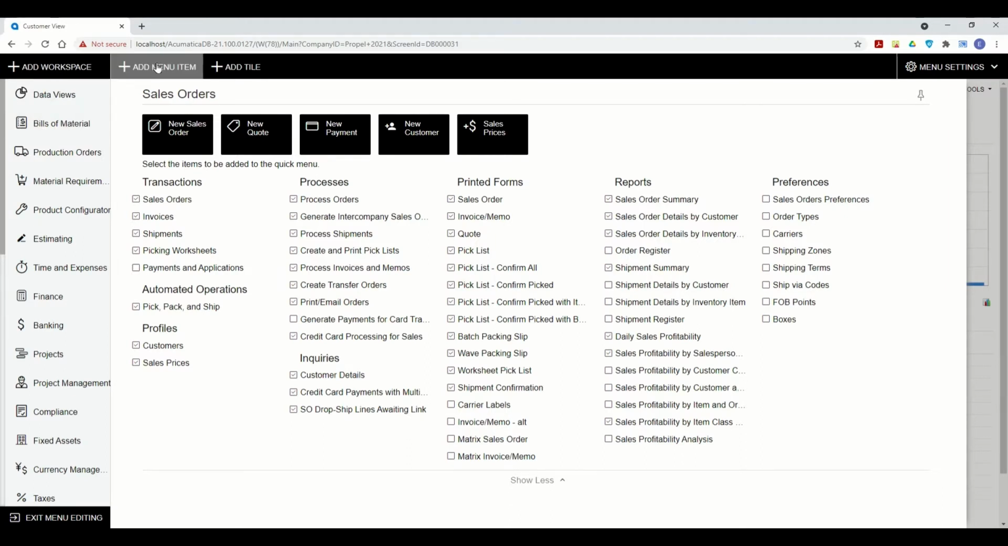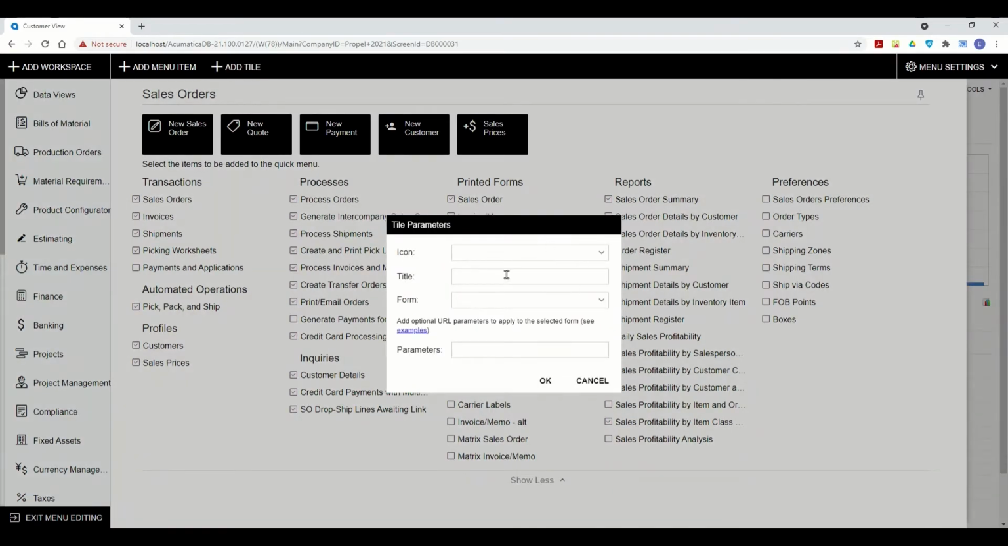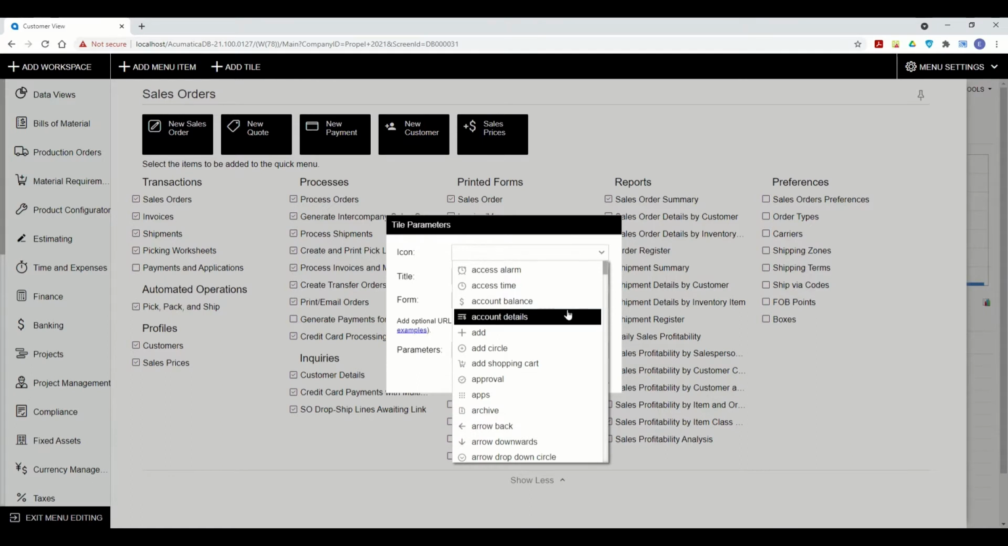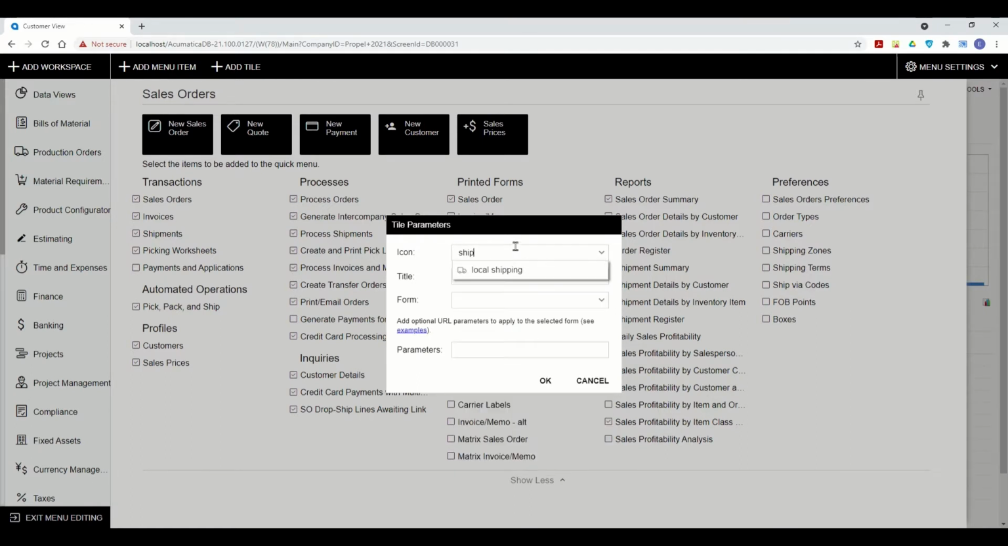You can also create new menu items, which are these forms and screens. Or in this particular case, we want to create a new tile by clicking Add Tile. So in the icon, these are the out-of-box options available, just different icons. I'm gonna go ahead and search for something that matches shipping. There you go. And give your menu tile a title. So I'm just gonna call it